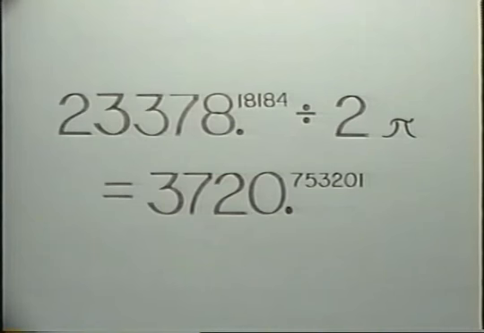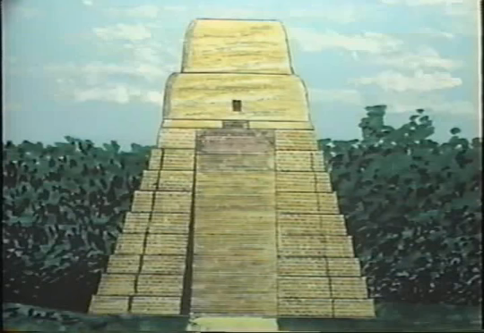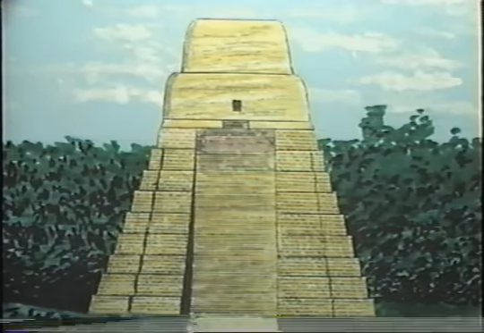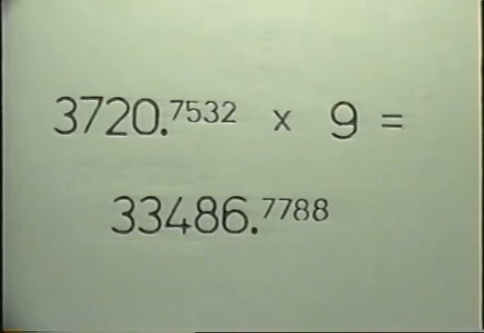As we recall, the grid latitude of Temple 4 was 3720.75, coming from the Sun Pyramid by way of double pi. And now that we've found where it is, notice that Temple 4 has 9 terraces. Which feeds a simple equation. What does